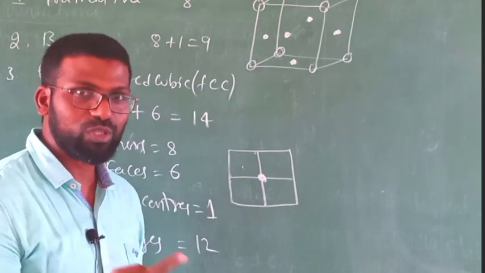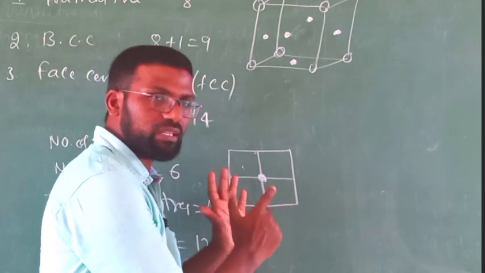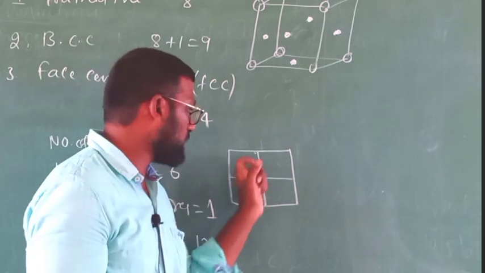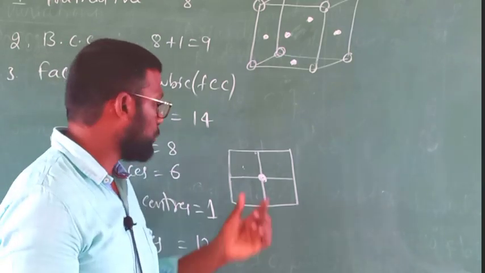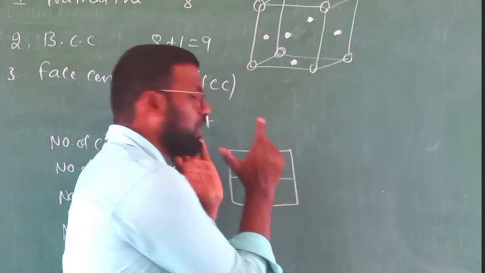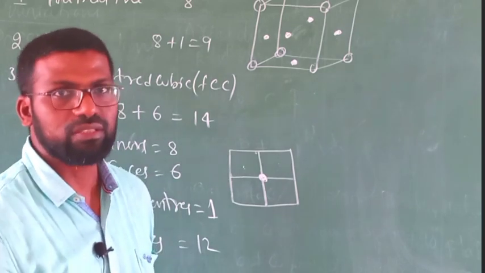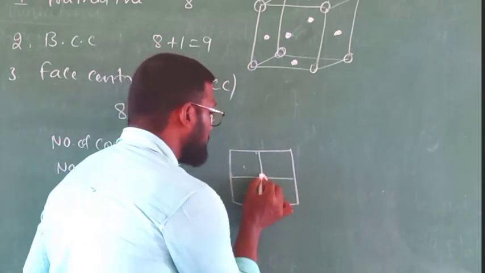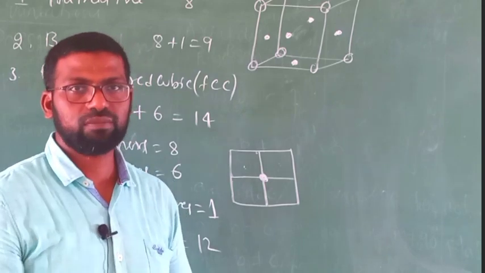Okay, I am going to take one more step, listen carefully. I am going to keep 4 more unit cells upon these 4. That means totally 8 unit cells we are considering. So 4 unit cells we can see here. You assume that 4 more unit cells are there upon these 4 unit cells. Then totally 8 unit cells. Now tell me, the atom which is at the corner will be shared by how many unit cells?